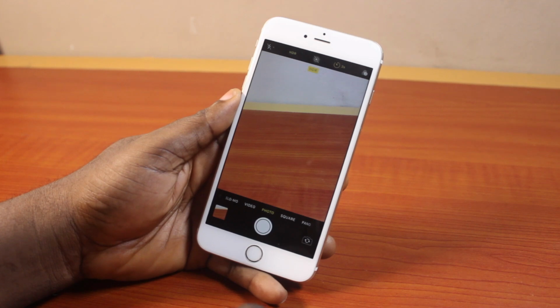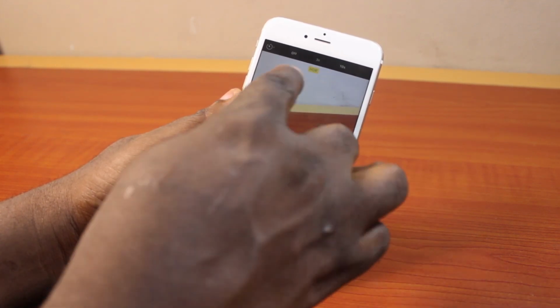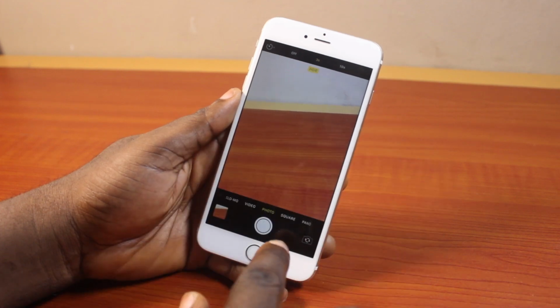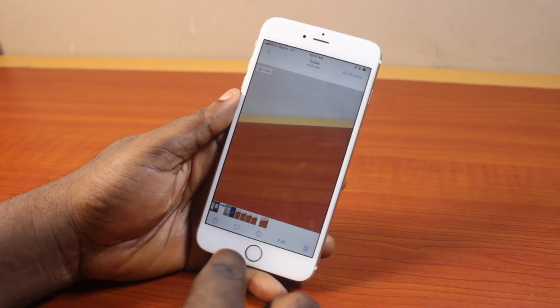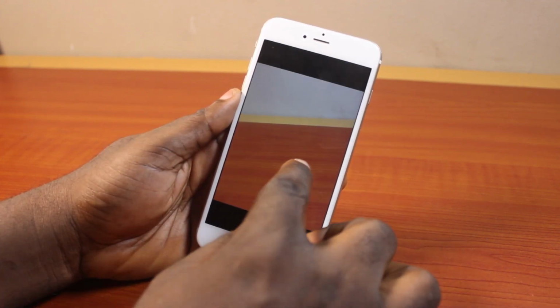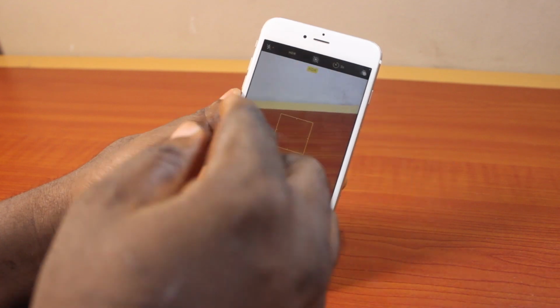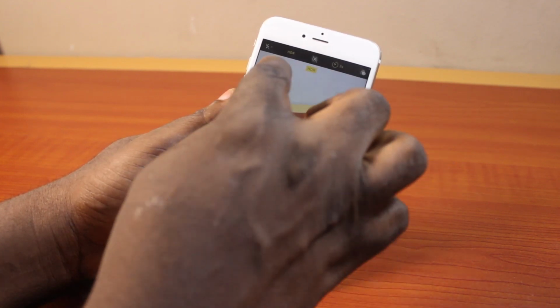Once HDR is enabled, you can go ahead, turn on the timer, then choose your timer. If you see HDR, go ahead and click on the shutter button. After the countdown, this is going to take the photo without burst. That's with HDR. Additionally, you can also take a photo on your iPhone 6 with the timer without HDR, or